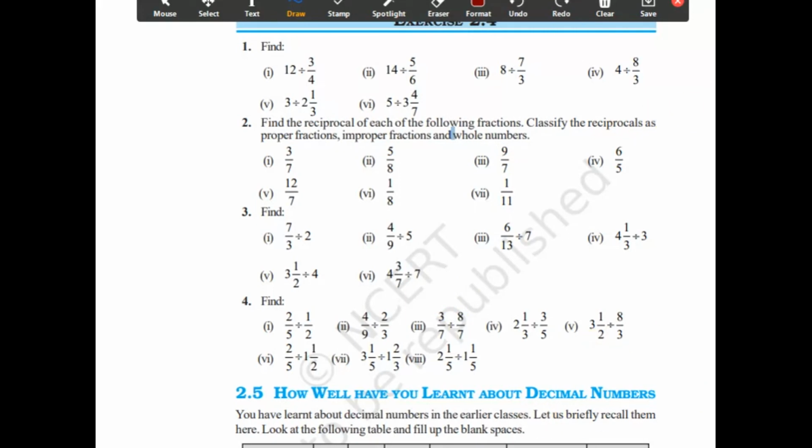So I hope this exercise is clear to you. You just try it, and if you find any problem in solving the question, please leave a comment in the comment section. I hope this is a really very easy exercise. Most of your concepts are very easy, you will be able to solve it very nicely because most of the things we have already read in standard 6. So just go through the exercise, and if you find any difficulty, so let me know.